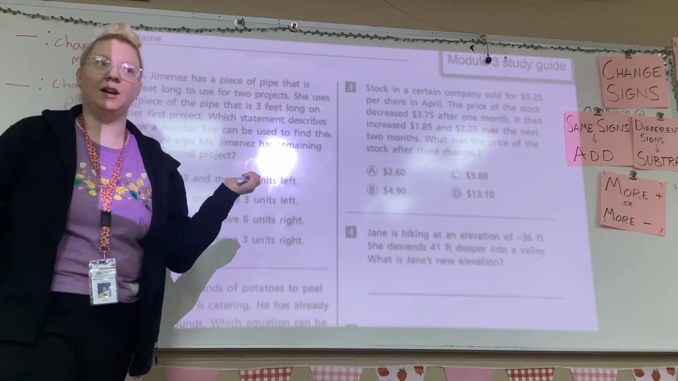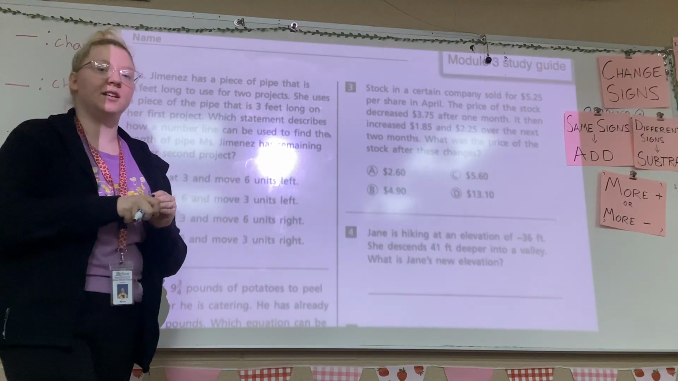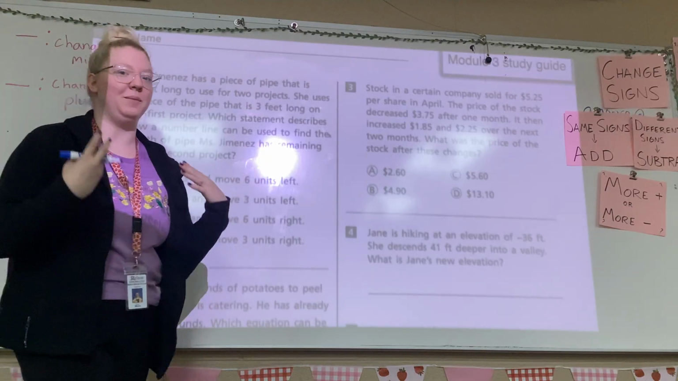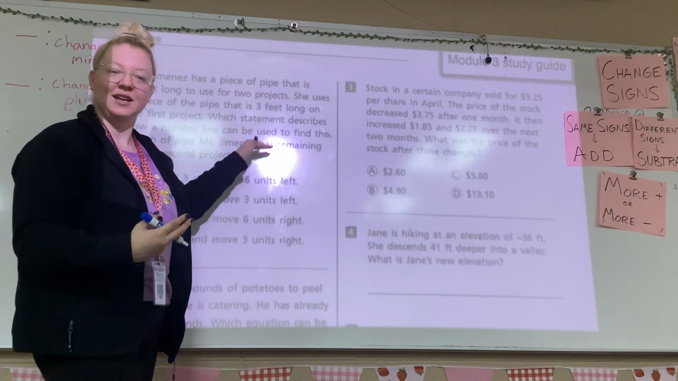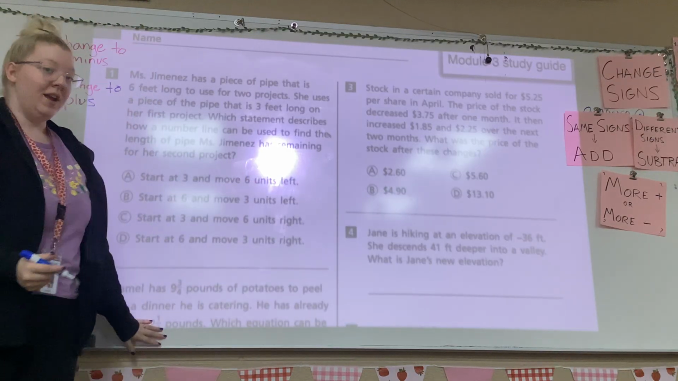Here's our study guide. I wanted to go through it with you. Sorry if there's a glare. I just want to try it this way instead, so maybe you can hear my voice louder and see my thought process better. Number one,